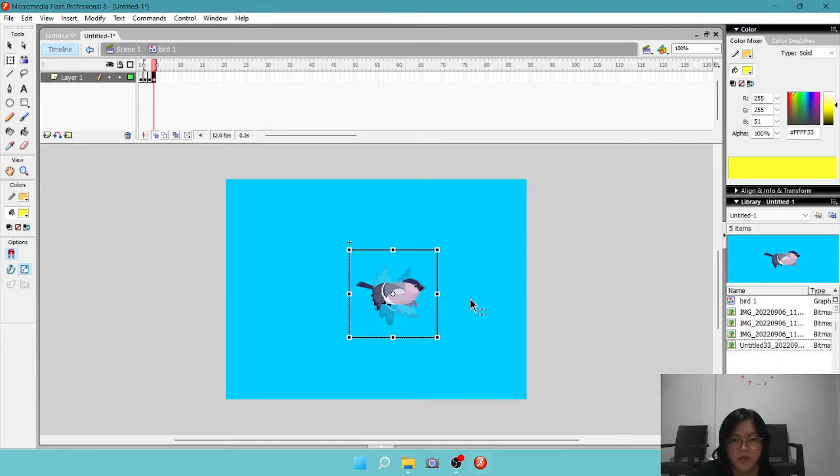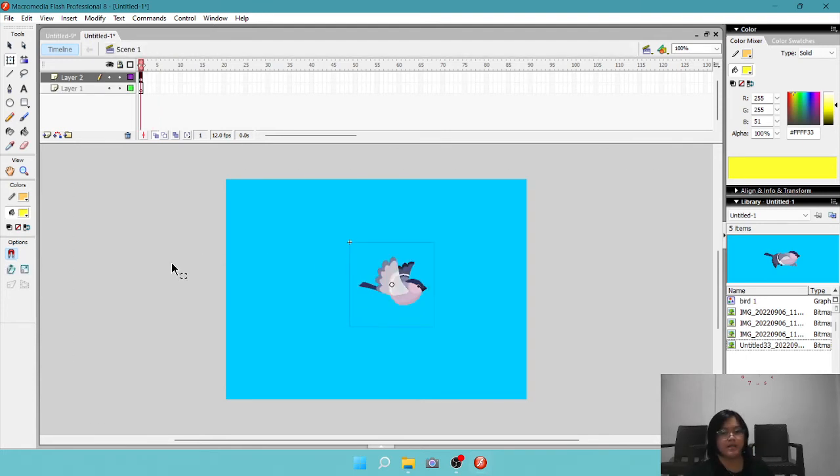After that, just double click the outside of the bird image. So we get out of the scene. Then to move it, we